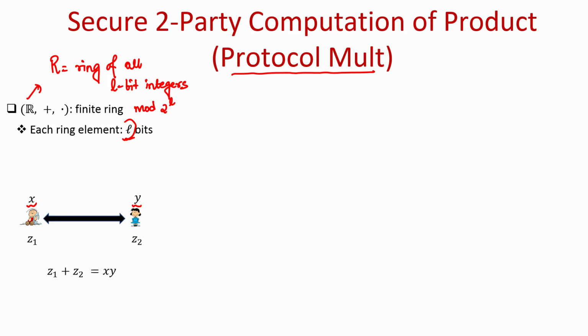Okay. That means there are 2 to the power L elements in the ring, and the inputs are the ring elements x and y, and